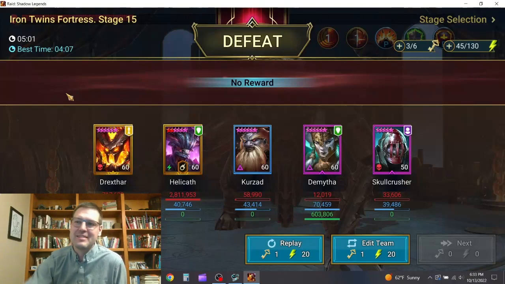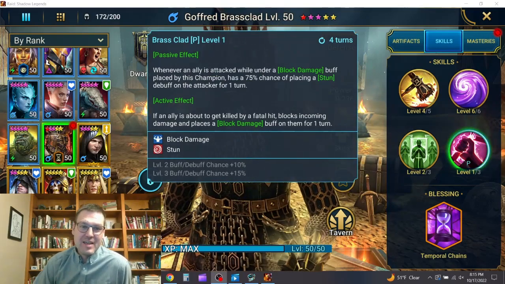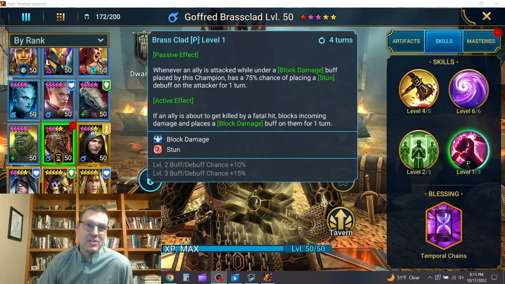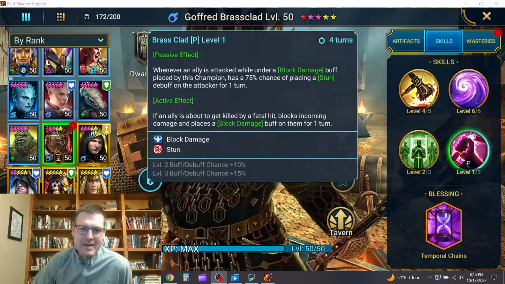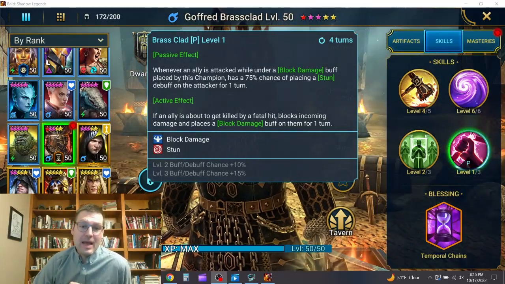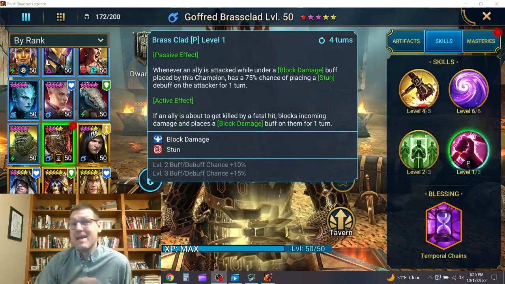Finally, there's one other bright idea that I had that I wanted to research, and here's Goffred Brassclad. You might have picked him up in the Guaranteed Champion event a little while back. And he has this nice passive. If someone is about to get killed by a fatal hit, he can block incoming damage on them by placing block damage. And so I was wondering if this might be a way to fix my previous Maneater team,